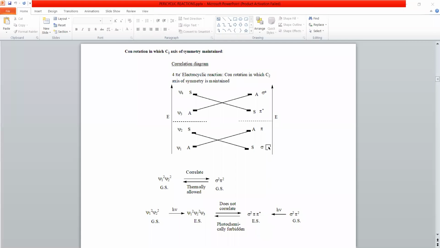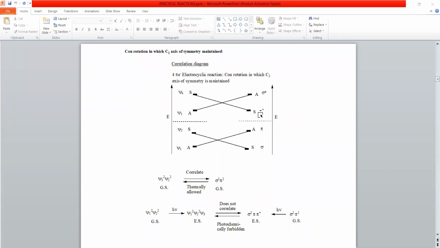The sigma square pi and pi star cannot correlate with the first excited state of 1,3-butadiene, Psi1 square, Psi2 and Psi3. So Psi1 square is correlating with pi, Psi2 is correlating with sigma square, but Psi3 is not correlating